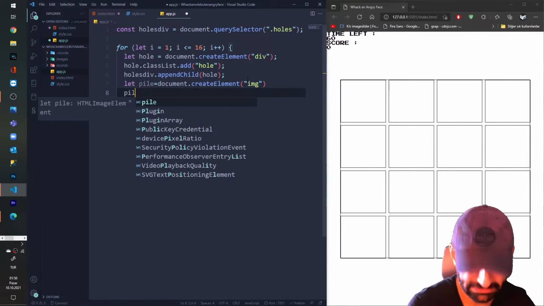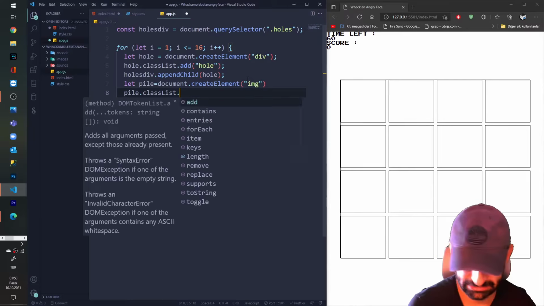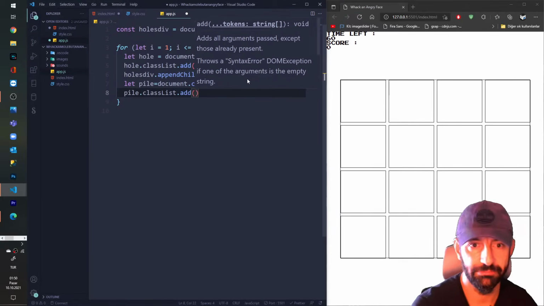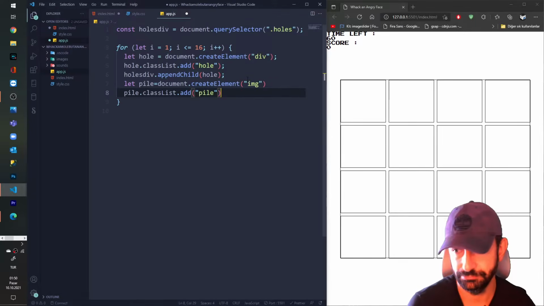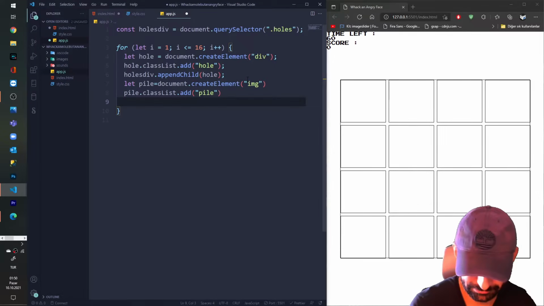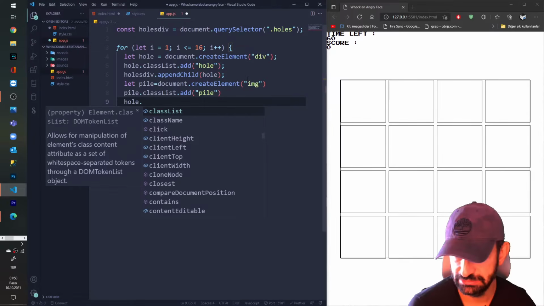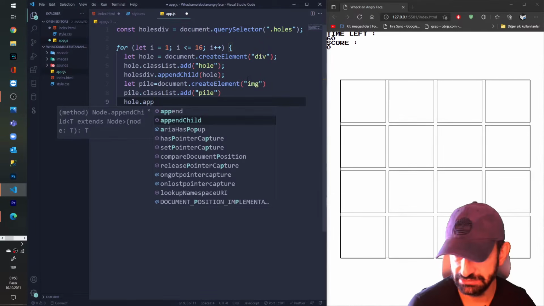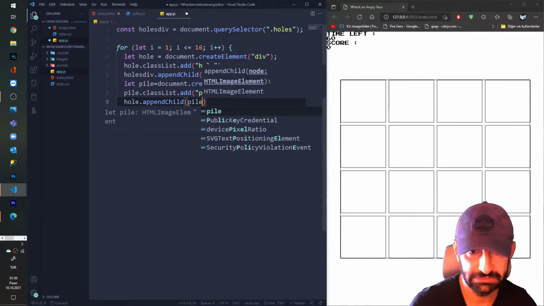I say pile.classList.add, I'm going to append the pile class inside this, and after that, to my hole appendChild, I say hole.appendChild. I'm giving the pile which I've created.